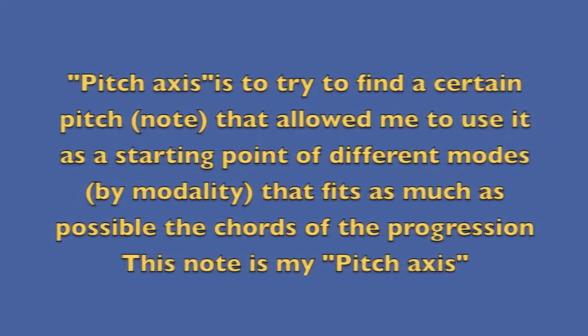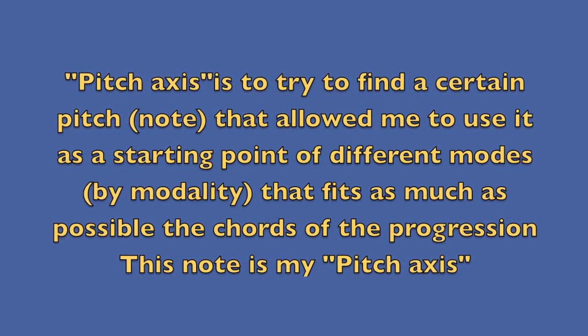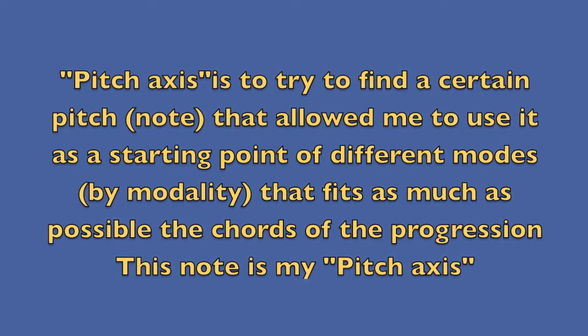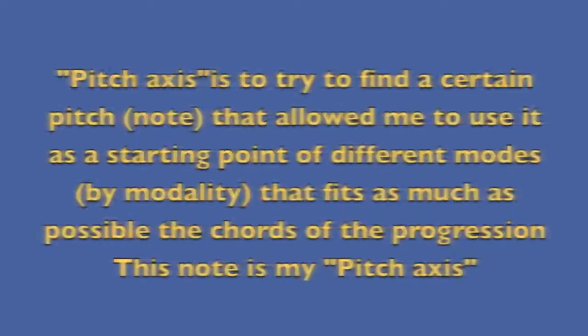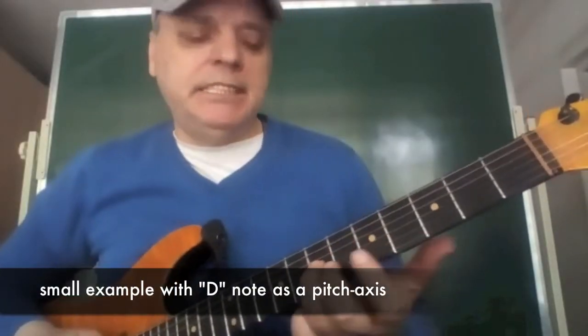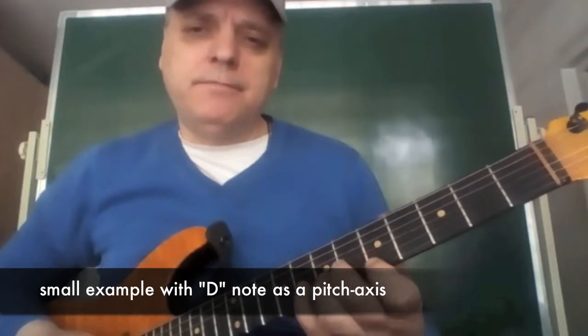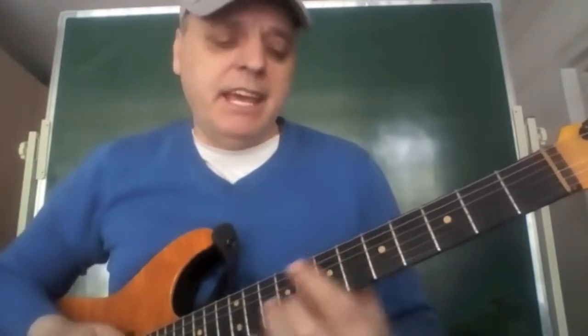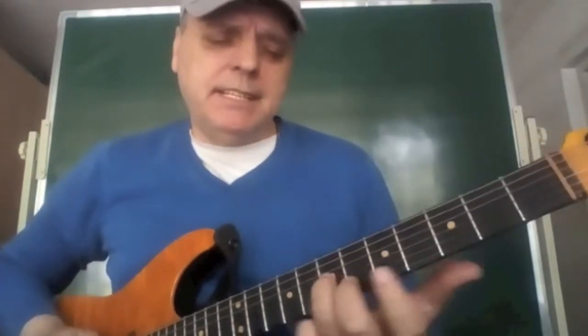Now, let me explain what the pitch axis really is. A simple example is that if I play the D Dorian scale, this goes over D minor 7. If I again play the D Dorian scale,